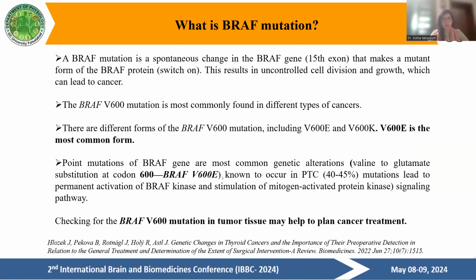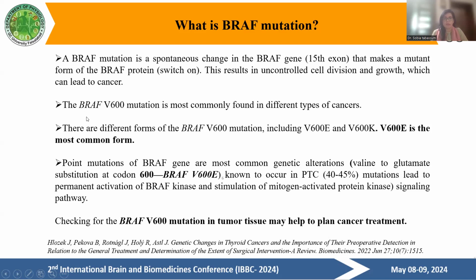What is the BRAF mutation and how does it occur in this gene? The BRAF gene is located on chromosome 7. It shows a substitution, a spontaneous change at the 15th exon, where the hydrophobic valine is replaced by glutamic acid, which disturbs the interaction between the activation segment and the P loop. That leads to a marked increase in BRAF protein activity, the system is kept in switch-on mode, and this leads toward permanent activation of this BRAF protein, resulting in uncontrolled cell division and growth